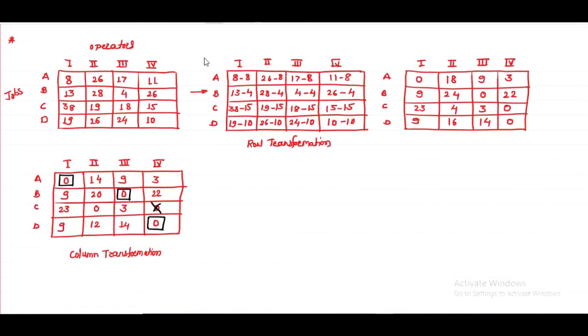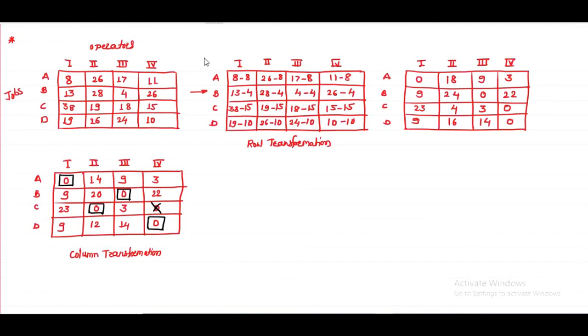In this first column an assignment is already there, so we'll go for the second column. In the second column there is only one 0, so we can directly draw a square around that 0. Then we will check whether any other 0 is available in this row. There is a 0, but there is a cross on it, so we can't consider that 0. Is any other 0 available in this matrix? No 0 is available. There are 4 zeros with squares and one 0 with a cross: 1, 2, 3, 4.